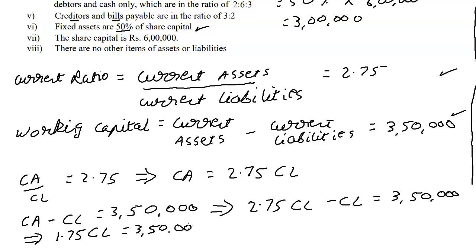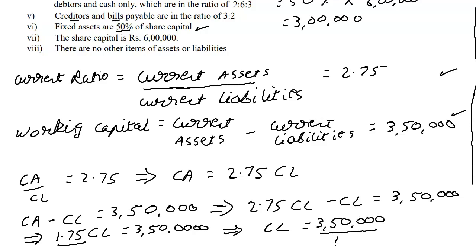For those of you who are weak in algebra, if we are saying minus current liabilities, we mean minus 1 current liabilities. Whenever you have an algebraic expression without any number, you have to understand that there is a 1 there. 2.75 minus 1 gives us 1.75, which is equal to 3,50,000. Okay, so now for the current liabilities, see this 1.75 over here's multiplication goes down, it becomes division. Alright, so current liabilities is equal to 3,50,000